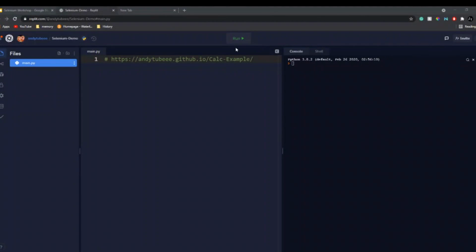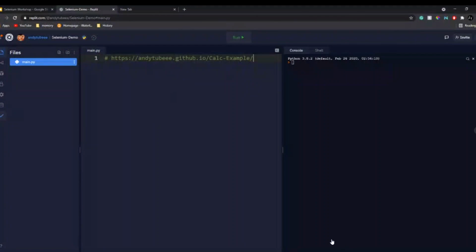What if I change windows? What if I just share my Replit tab? Can you guys see this now instead of the whole screen? Okay,